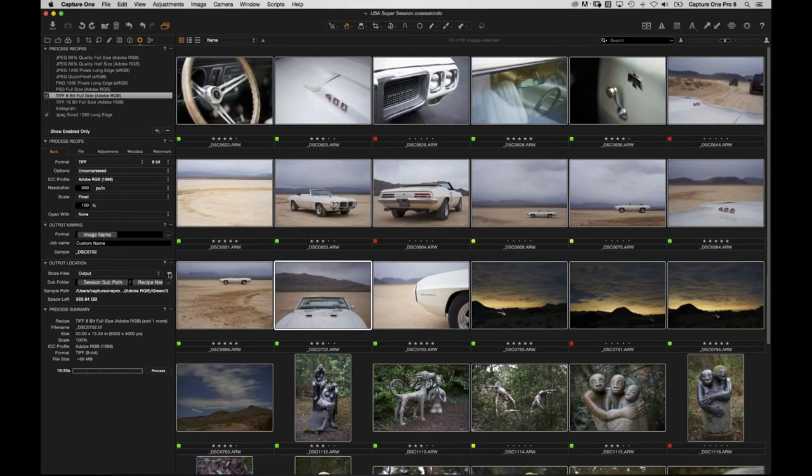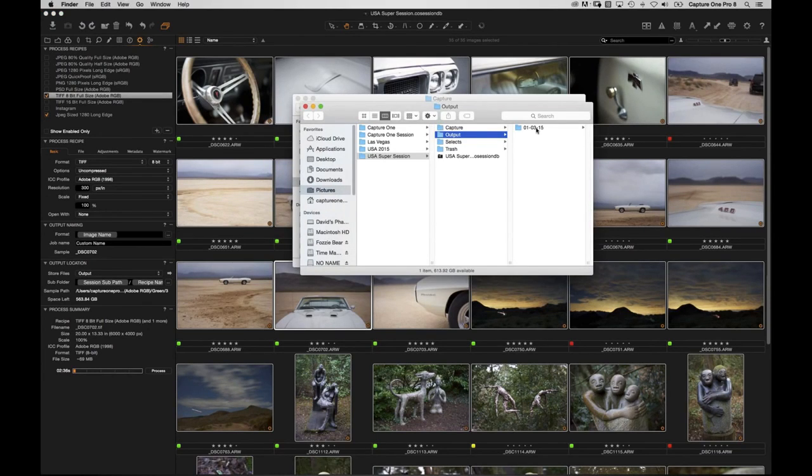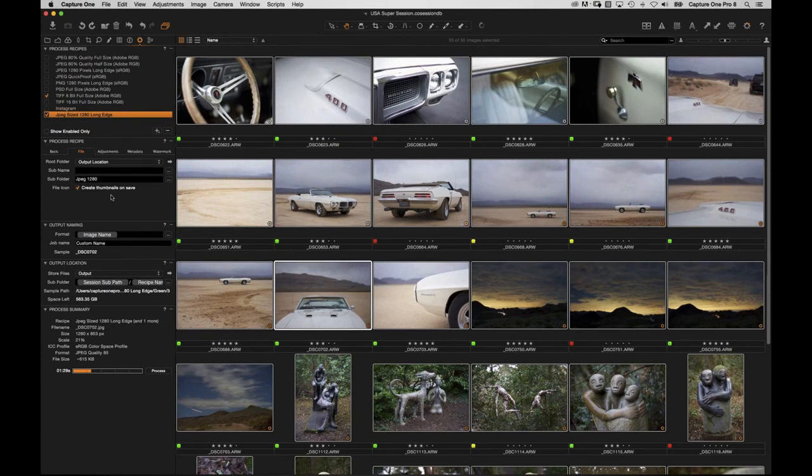Let's go to our output folder. We can click here. So you see under output, we've started with a date. We can see our various different process recipes. You see the tags are coming in like so. So I can see all my green tags. Then I can see all the 3-star, 4-star, and 5-star. The reason why we've got JPEG 1280 in there is because I forgot to delete it from this section here. See, if we start using this more advanced method down here, you don't really need to add any subfolders